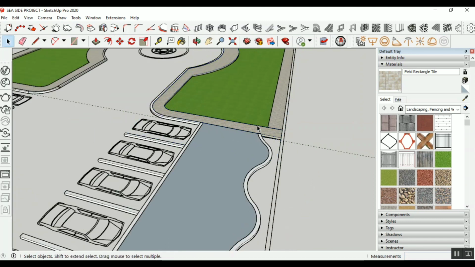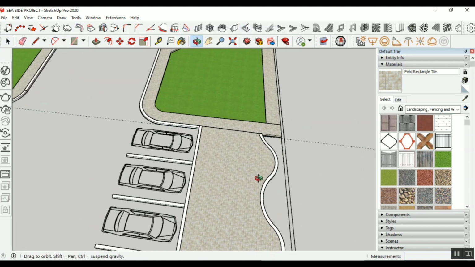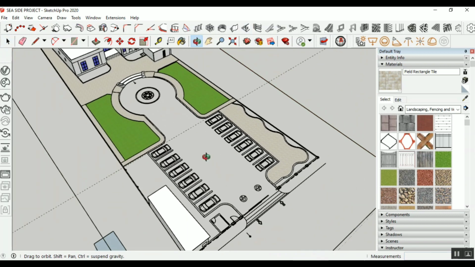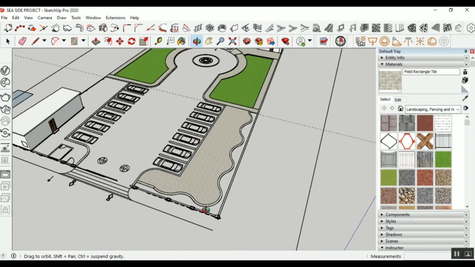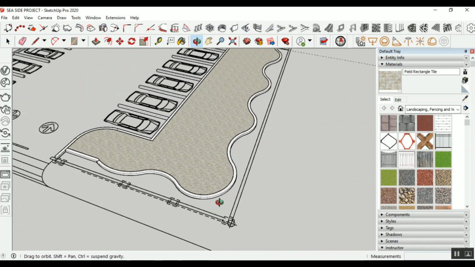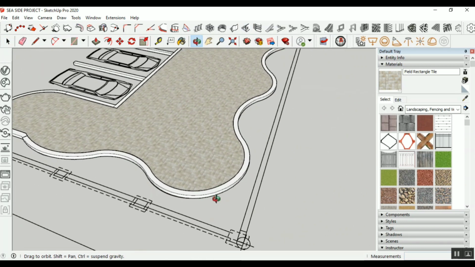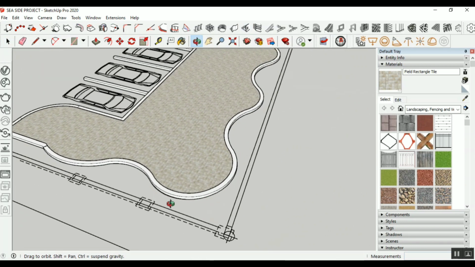It's done. Now I need to select this and match it. You can see we completed this side interlock, and this side will be